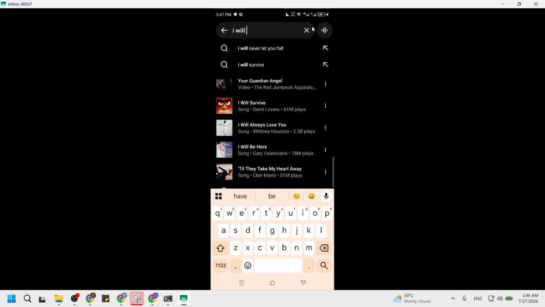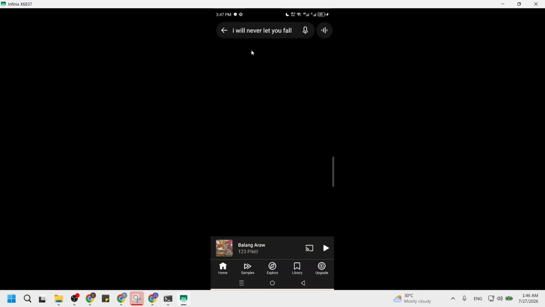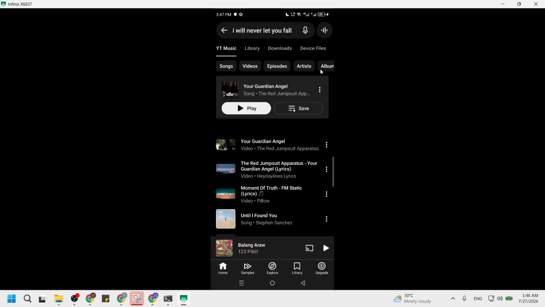As you type, you will often see suggestions drop down under the box, including songs, artists, and playlists. You can keep typing to refine, or tap one of those suggestions if it already matches what you want.